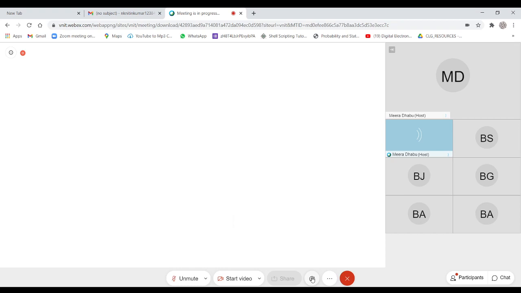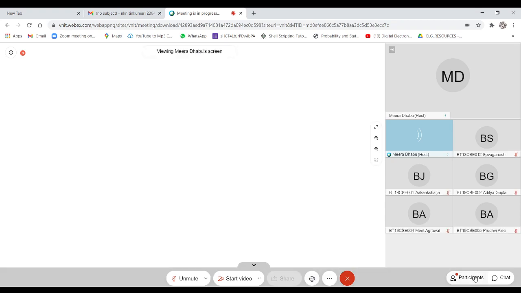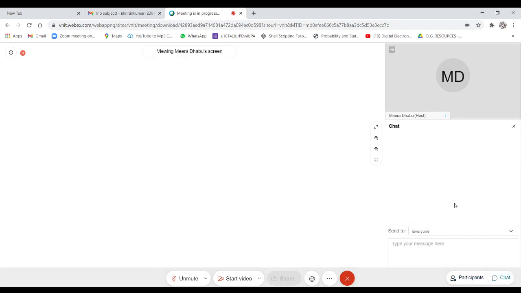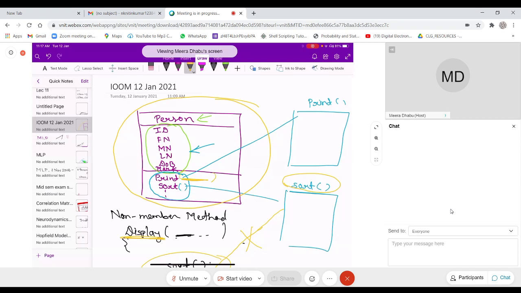But it is not necessary. All the methods are public, so these public methods can be invoked by a non-member method or non-member function. And of course they know the functionality, otherwise how will they invoke it?